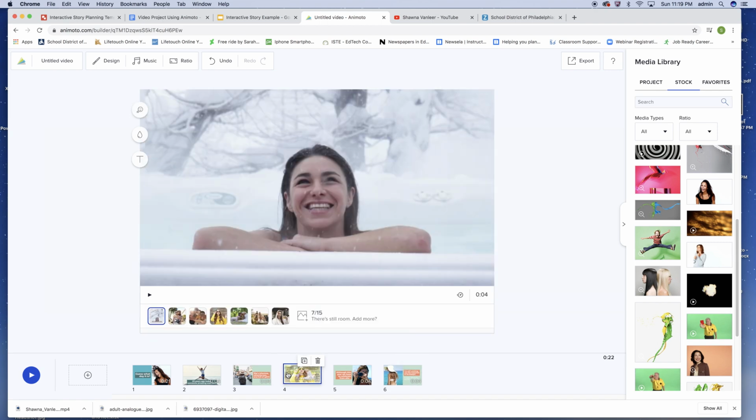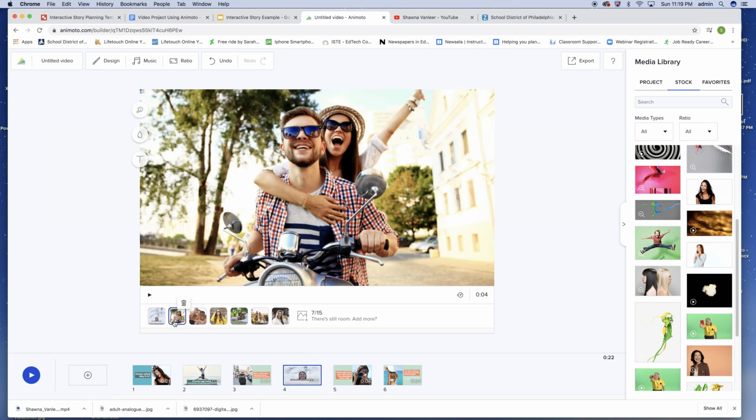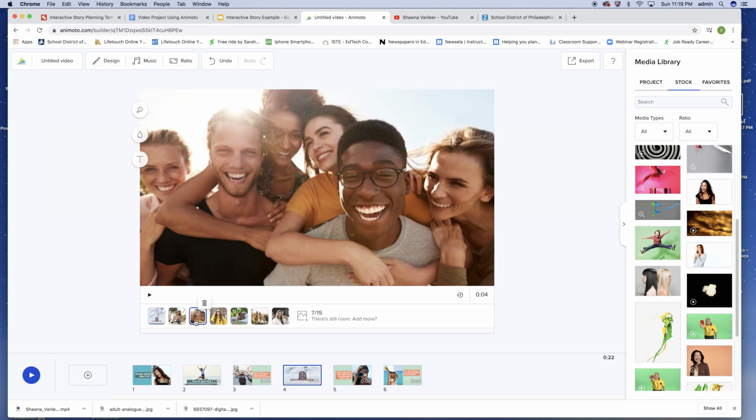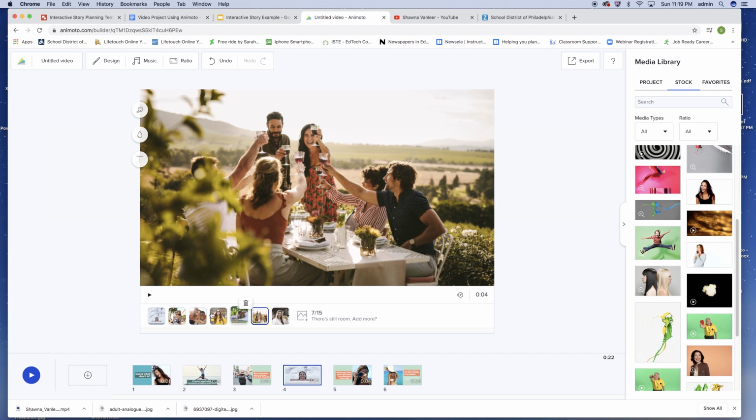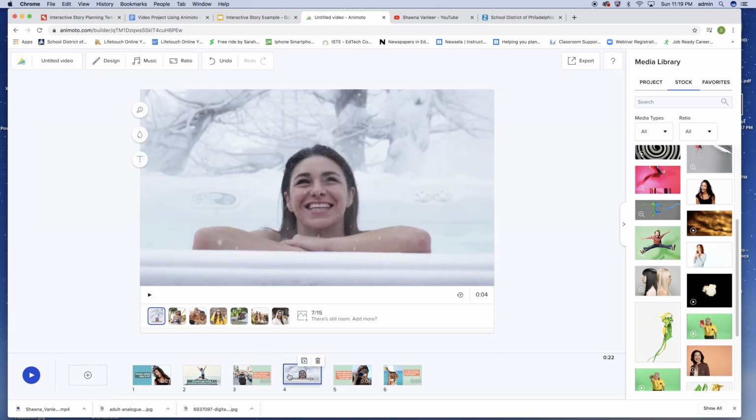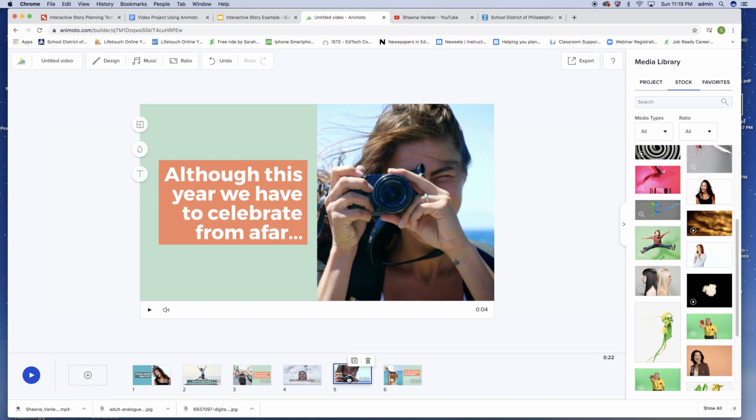And next, this is another photo. And then if you see here, there are other photos that we can put in if we wanted to. And then we can go here, and we have another photo, and then we also have here. You can also,